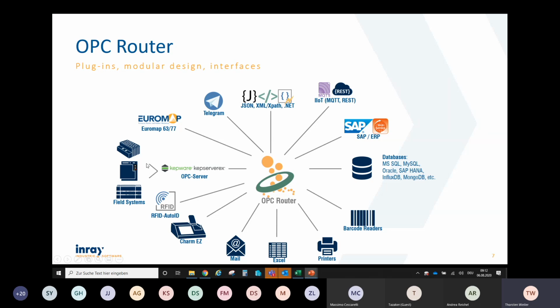There is a mechanism to give a handshake back to the ERP solution, telling the ERP system that that information has successfully been transferred to the shop floor and the production will start now. Then the production is started and the field systems are doing their job. For example, there might be a packaging area where you have some label printers, so the PLC might send some information to the printer. For example, a barcode, product number, article number, quantity information, product type information